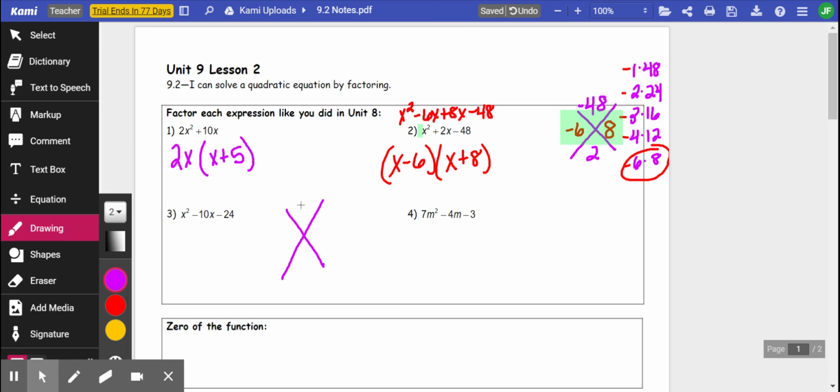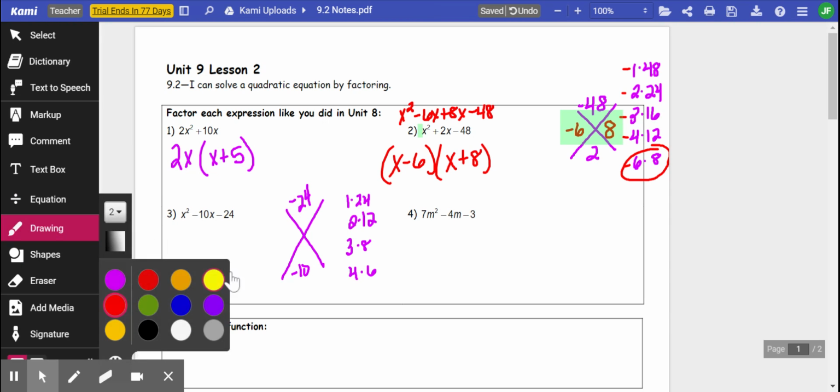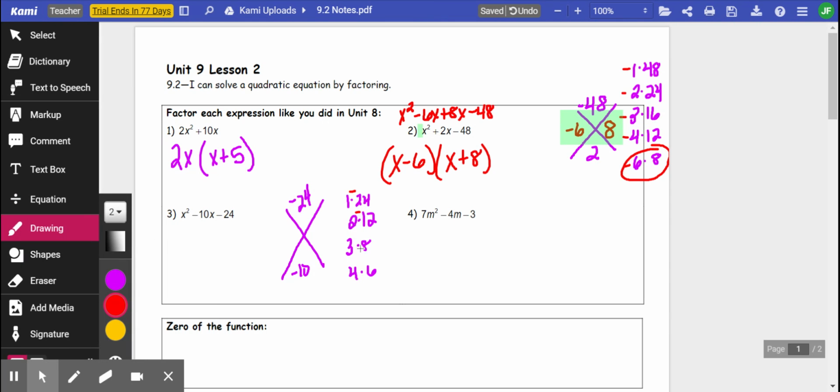So 1 times negative 24 is negative 24. Negative 10 goes on the bottom. Factors of 24 are 1 times 24, 2 times 12, 3 times 8, and 4 times 6. This time, the top is negative and the bottom is negative, so that means the bigger number has to be negative. If the top is positive, then they both have the same signs. So be careful because a lot of people will choose 4 and 6, but it's actually 2 and negative 12